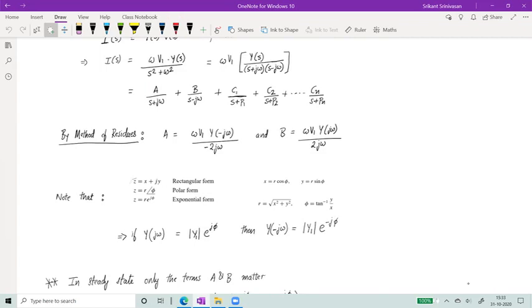So if I have any complex number x plus jy, I can express it in exponential form as r times e to the power j phi, where x is equal to r cos phi, y is r sin phi, r is given by the root of x squared plus y squared, and phi is tan inverse of y by x, right? This is a very simple identity. We are quite familiar with it. It's just a way of rewriting, and I think there is no doubt about this.